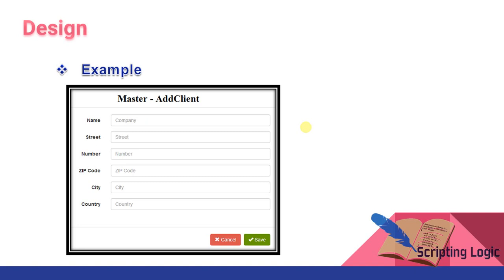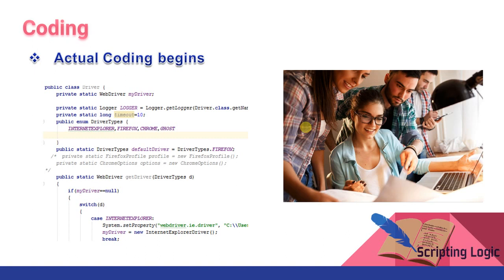So next phase is coding. Once the design is completed, the developer starts actual coding, right? So based upon the models and the database design, they do the coding, right? So after the coding phase is completed, there is a testing phase.